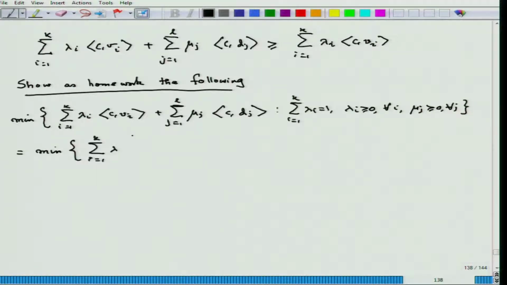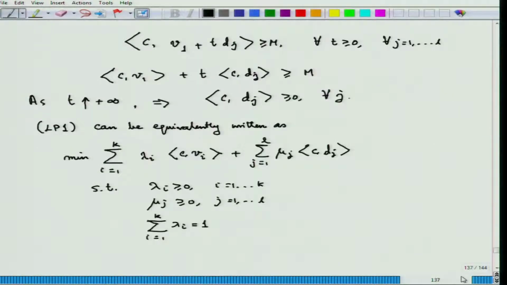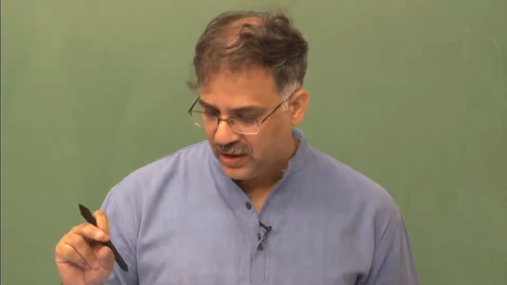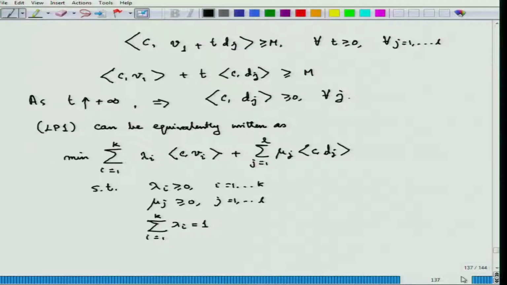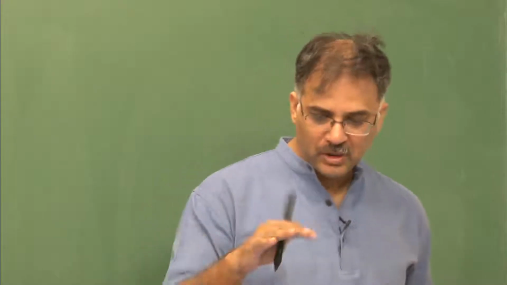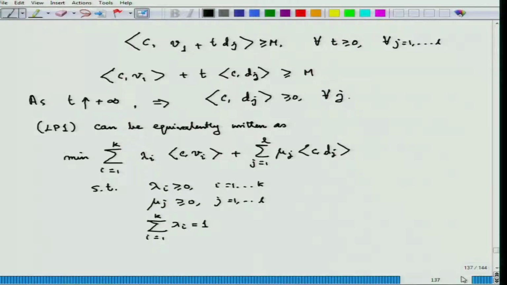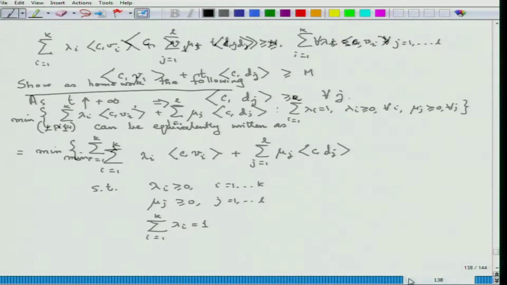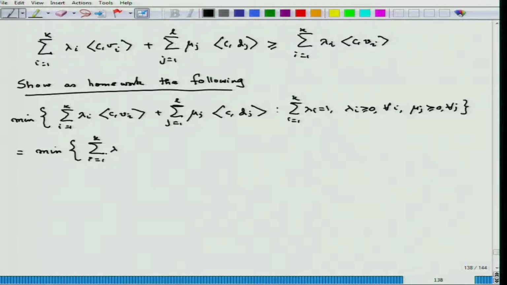Very important here, the minima is on two variables. Observe that the minimization is transformed from x to these two variables, lambda i's and mu j's, lambda in R^k and mu in R^L. So, basically we are changing over from minimization on x to minimization on these multipliers. Now, what I can prove because of this fact, and because of this being greater than or equal to 0, is that this thing is nothing but